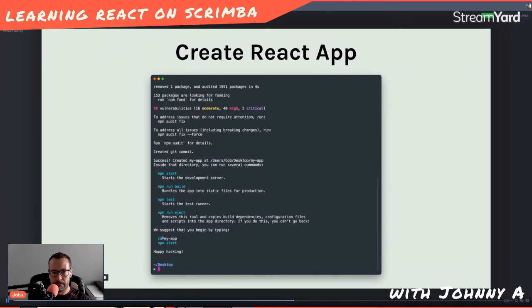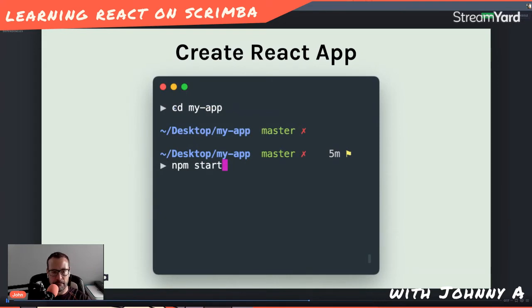You can see at the very bottom, it says we suggest that you begin by changing into the directory that you just created. If you didn't choose my-app as your folder name, then obviously choose whatever your folder name is. Once you're in that directory, you can run npm start. You can see on my machine, I did that. I went cd into my app, and then I ran npm start. Sometimes this command can take a little bit of time to get everything up and running, but once it does, you should